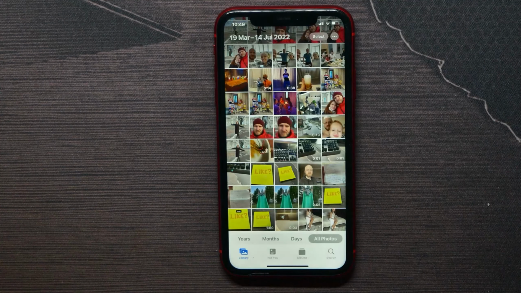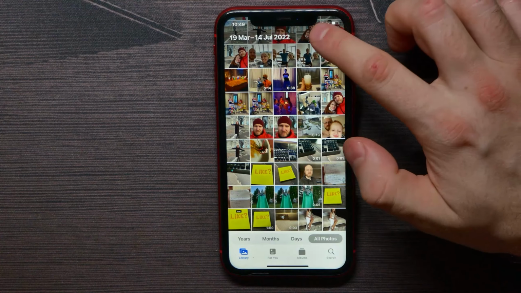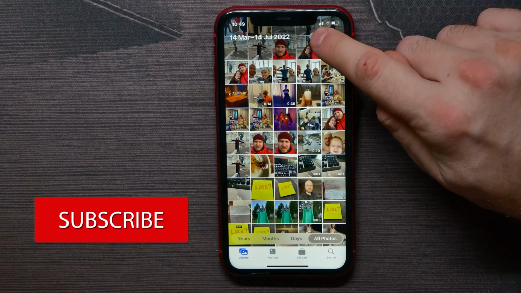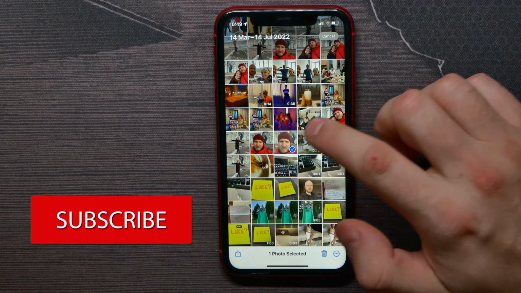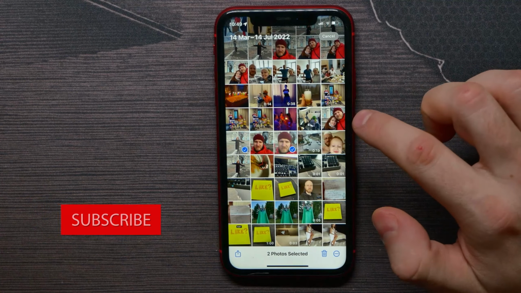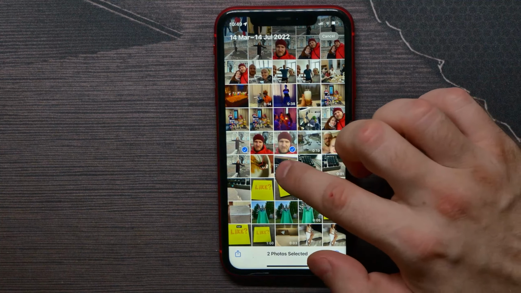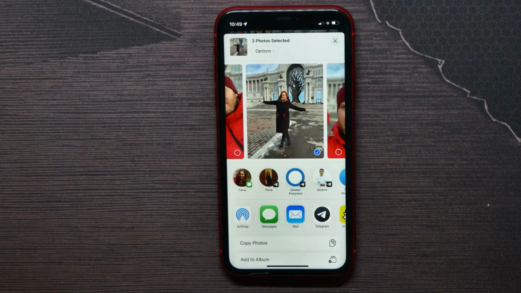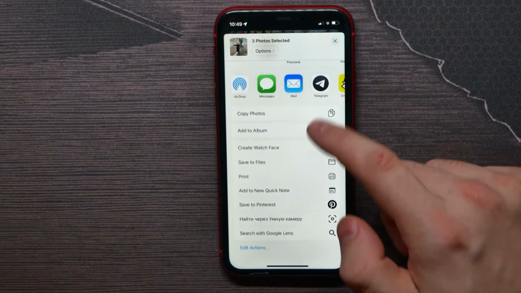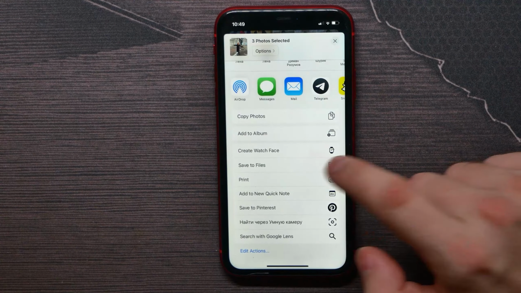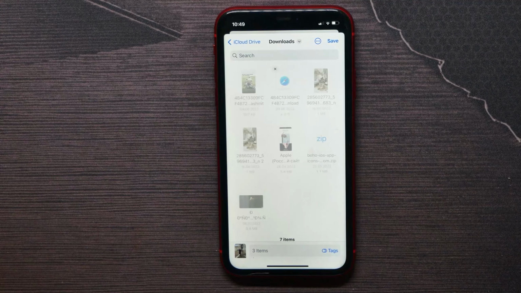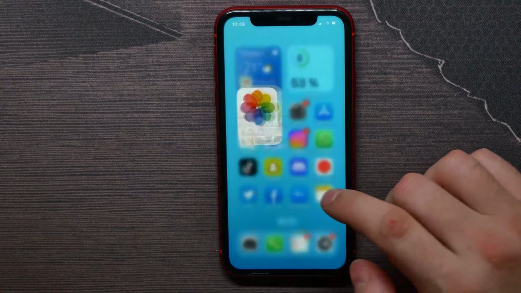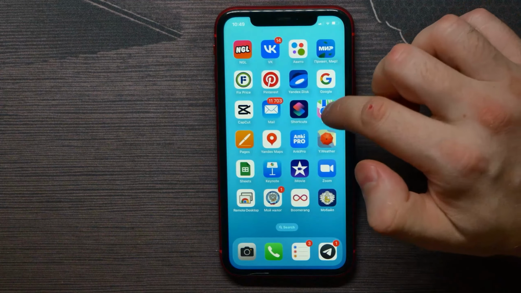First you need to open up your iPhone gallery and select the photos you want to send. For that I hit on select, and now there I can select some photos. I'll select that one and that one, and now I need to hit on share button and there select save to files. I need to save it to files first. I'll send it to downloads, so I just hit save,